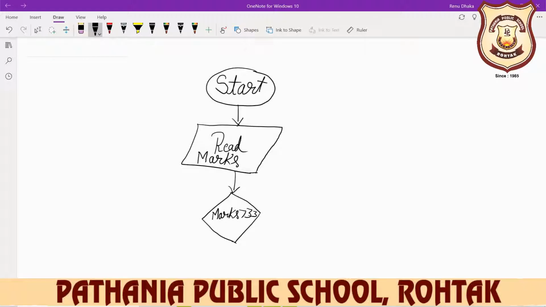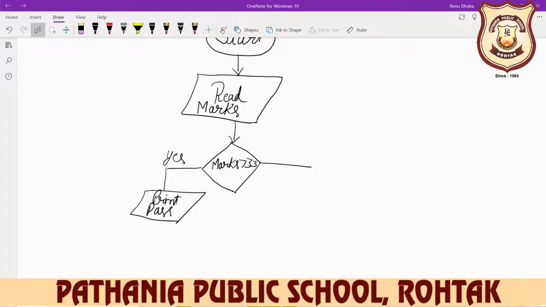Two conditions are there, either yes or no. If yes, then print, what to print? Print pass, and then the program stops. And for stop, always we use the oval symbol.